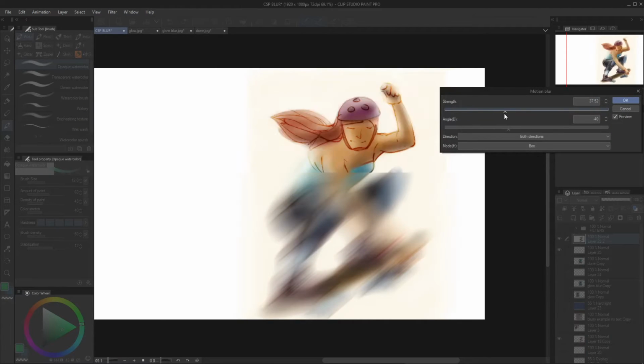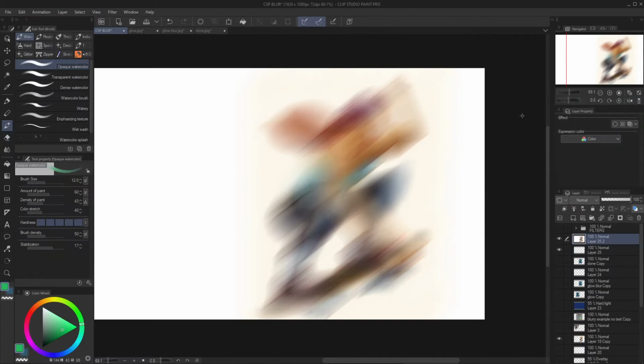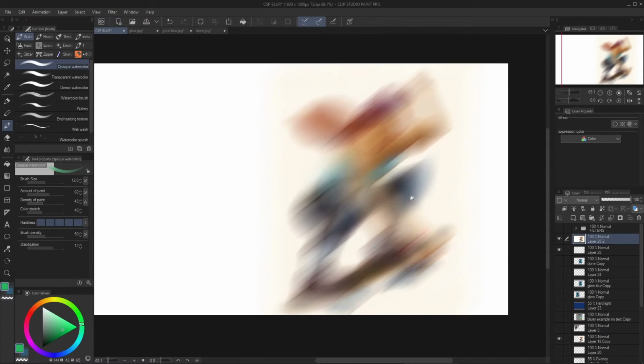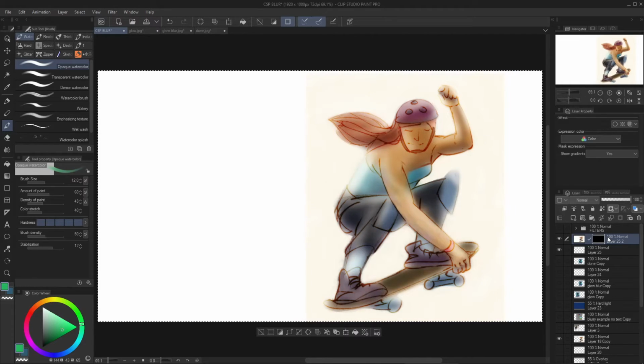You can adjust the strength or the angle, and I picked the angle that matches where the skateboarder is falling. I did both directions, and I did box. It looks very, very messy, obviously, but what you do is create a mask for this. So you create a mask. Now you press Control A to select all, and you click delete or backspace, and now you don't have